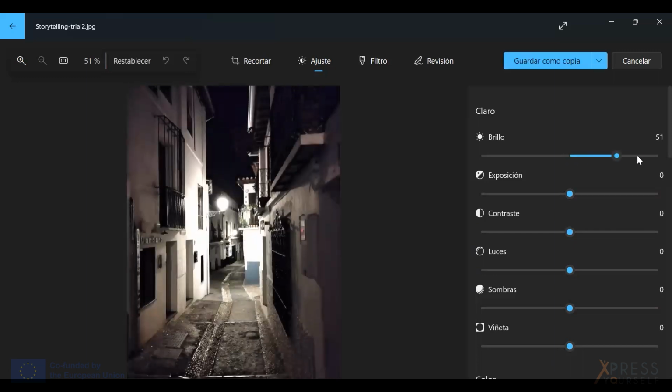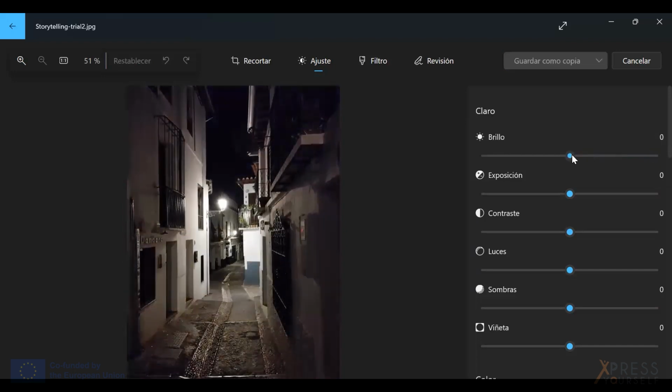So here, even though this is not a professional one, you have the option of the brightness here and then lights here, right? So the lights are giving more or less light to the picture. You see it is less defined here, and it is more defined here.